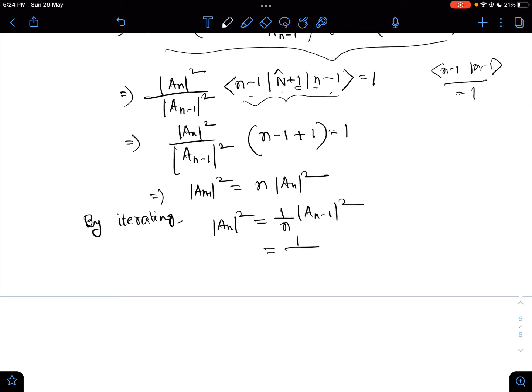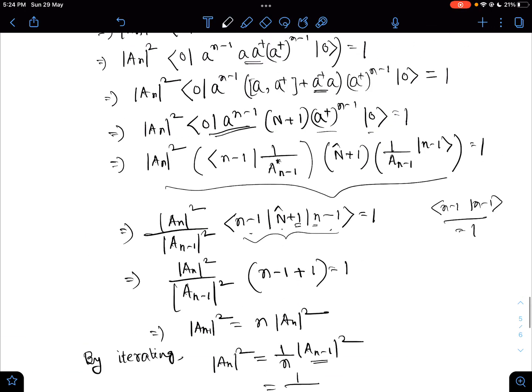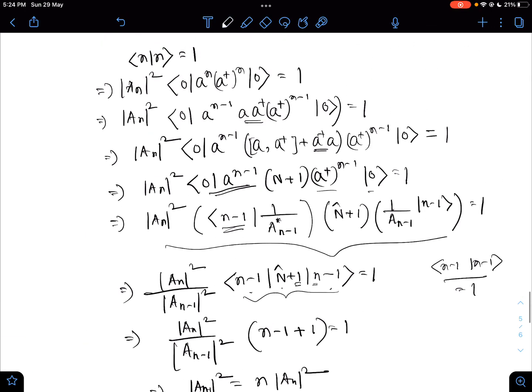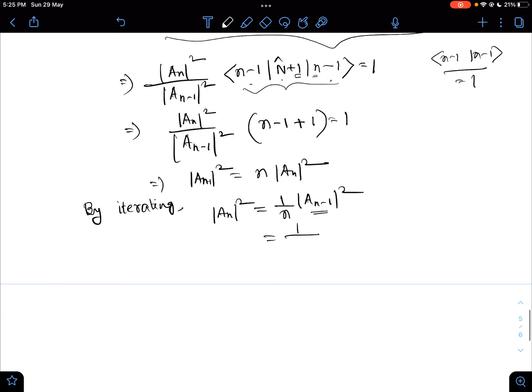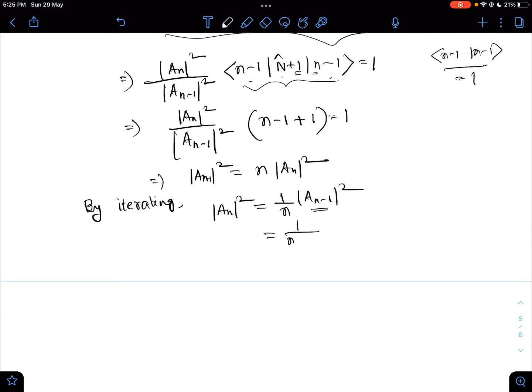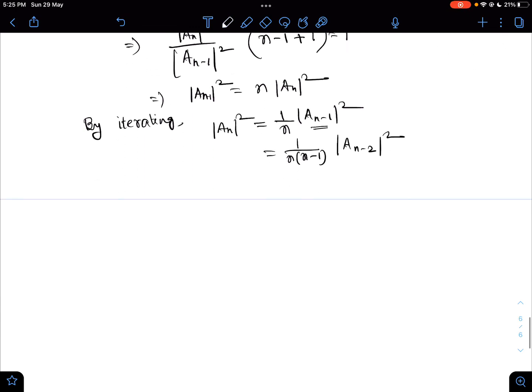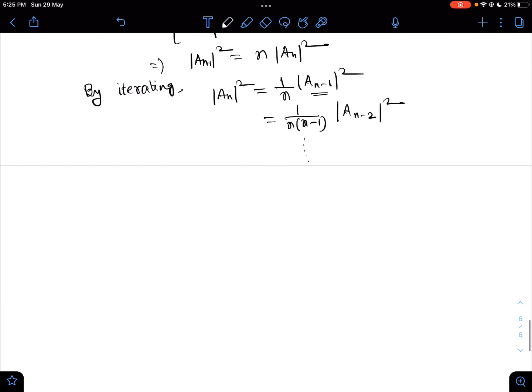Similarly, if we replace this n-1 by n-2, as we have done for n, we replace n by n-1. In a similar manner we can replace this by n-2, so we get 1 by n multiplied with n-1, and here we will have a_{n-2} squared. In the iterative process, if we do the calculation, we are left with 1 by n factorial a_1 squared. But we already know